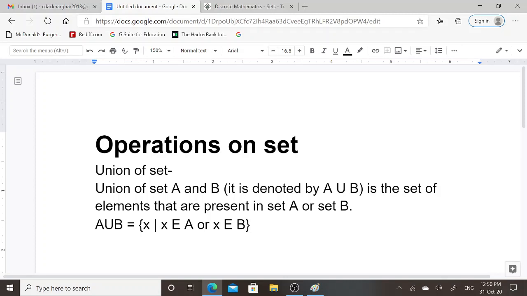Consider the example: set A having elements 10, 11, 12, 13, 14 and 15.